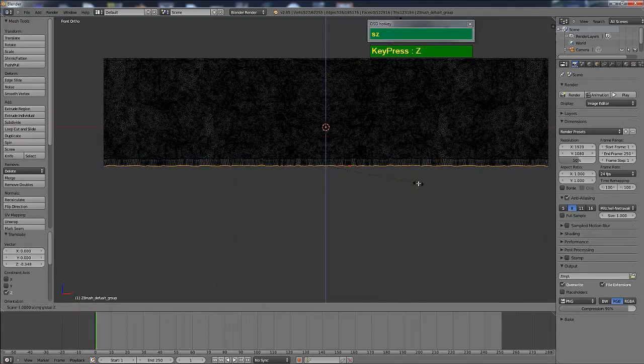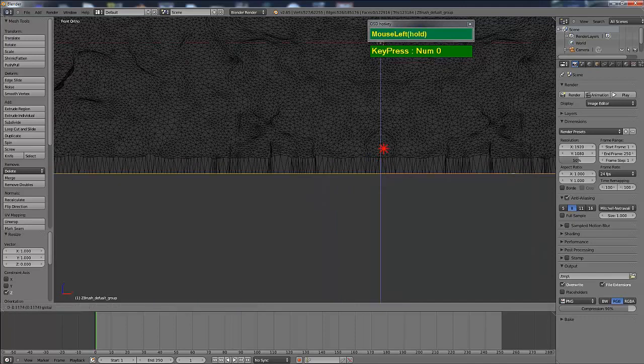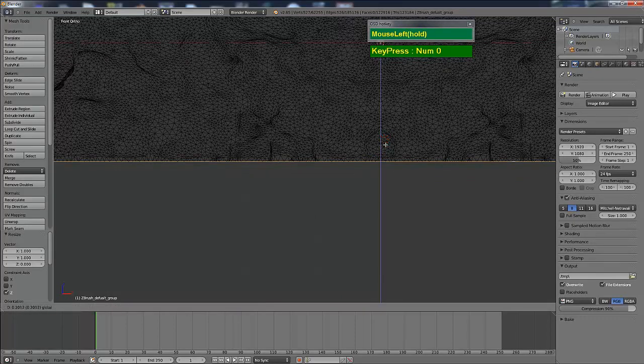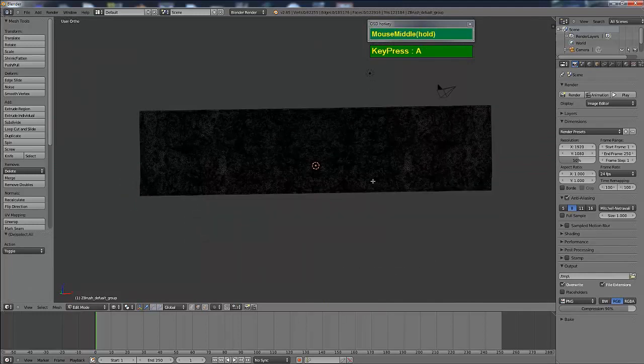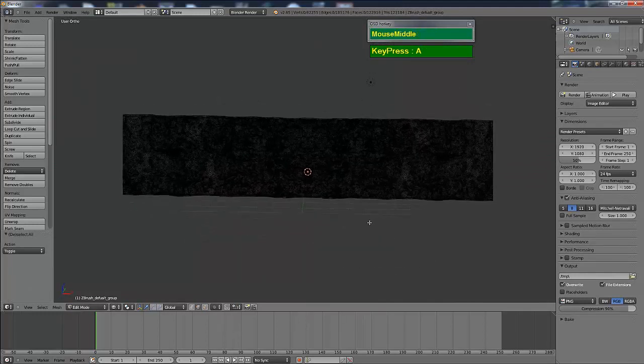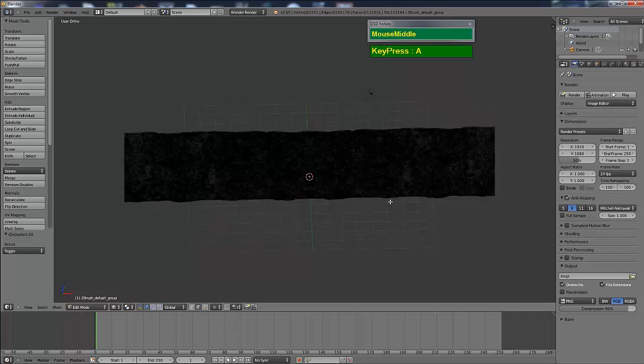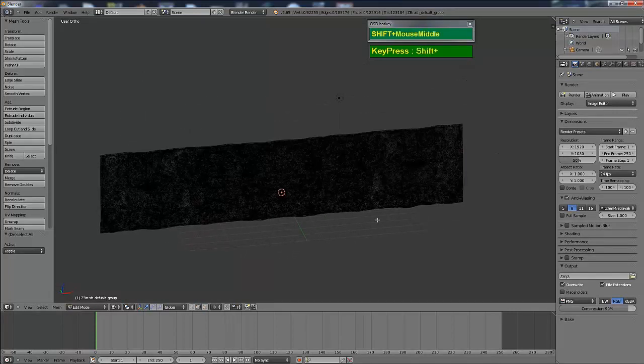Press S followed by Z, press 0 to flatten it, and then you can left mouse click to apply, and then I'm going to drag this up like so. Press A to deselect. So now we are ready to perform the deformation to roll this into a cylinder.